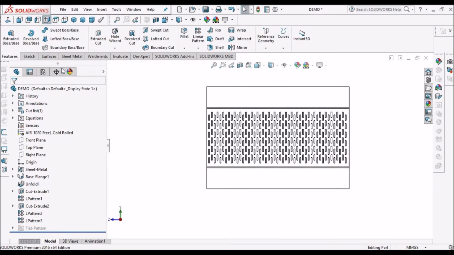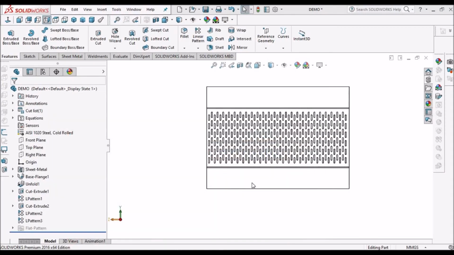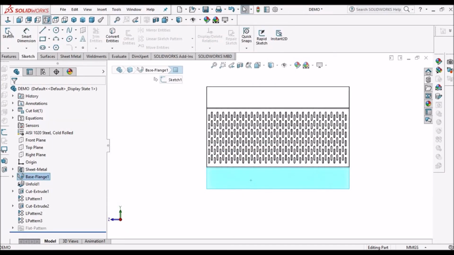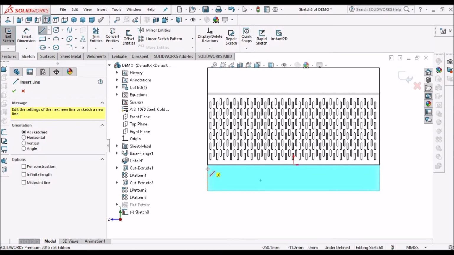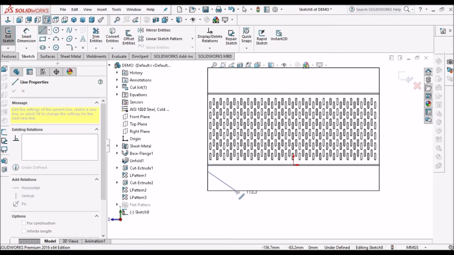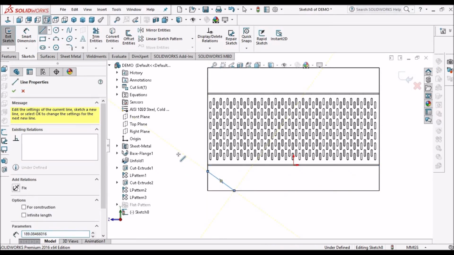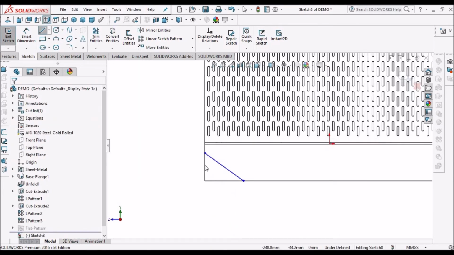So now we have to create this angular cutout. So select this face, go to sketch, draw one line, select this convert entity and go to trim.